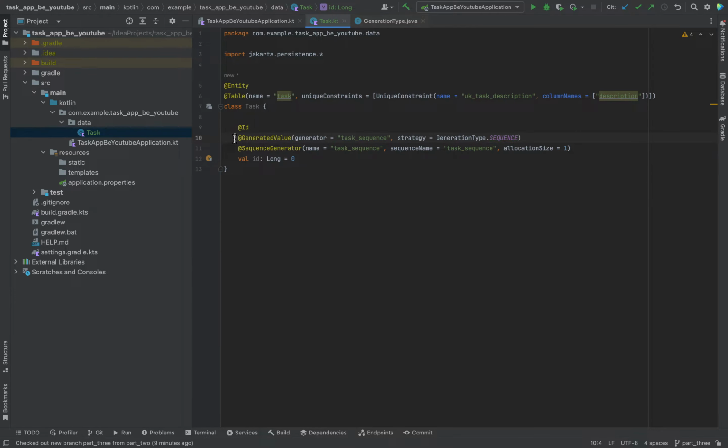That's why we have written this line here, and the @SequenceGenerator. This annotation is used to define a sequence generator for a field annotated with @GeneratedValue. It is a JPA annotation that allows you to specify the name and other properties of the sequence generator. Here, the sequence generator annotation specifies the name task_sequence for the sequence generator and specifies that the allocation size